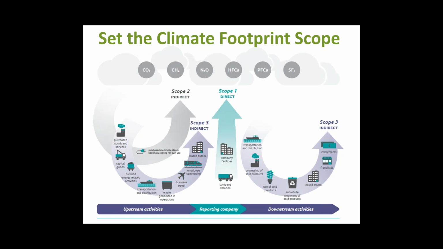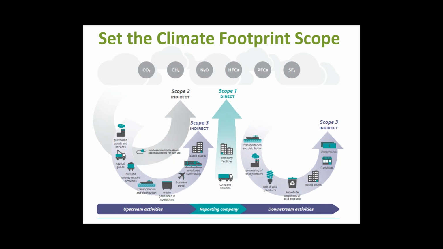Now scope 3, this is the other indirect emissions. This is the most categories, if you see here. And so this is where you really start getting into the supply chain of different products, looking at purchased goods and services, and the transportation and distribution of those services, but also looking at things like business travel and employee commuting, and even downstream activities such as the use of products which your company sells, impacts from franchises and investments and things like that.